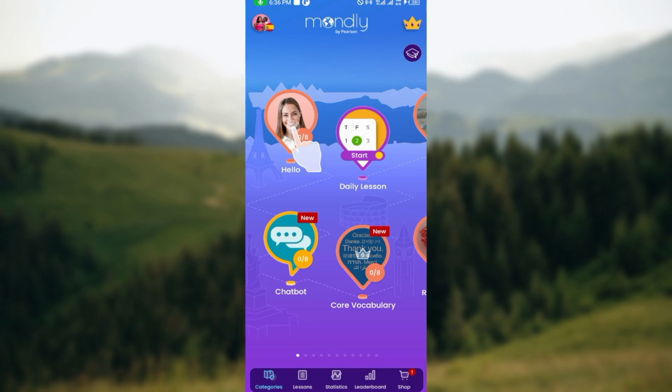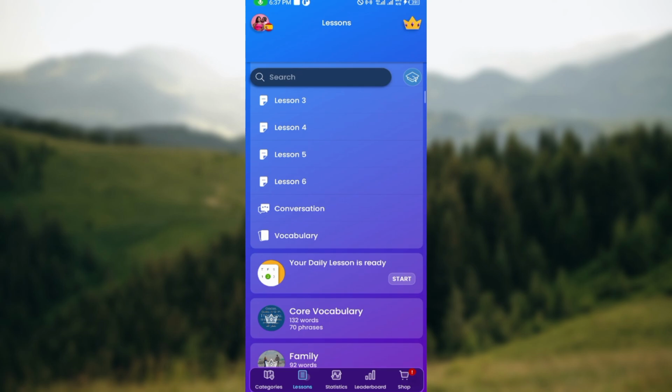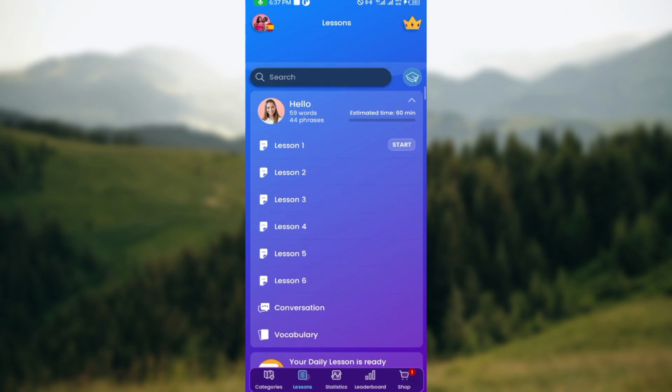After typing out the required details, you'll be brought to a page where you'll be asked to try out a short lesson. After trying out the short lesson, your score will be calculated and then you will be brought to this page automatically. Now once you're on this page, to start a lesson, just go to the lowest part of your screen and click on the lesson icon, which is next to the category icon,